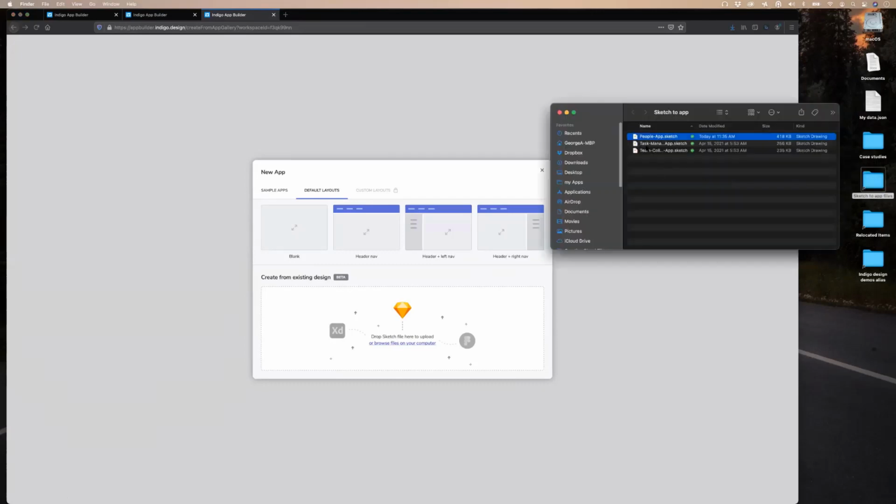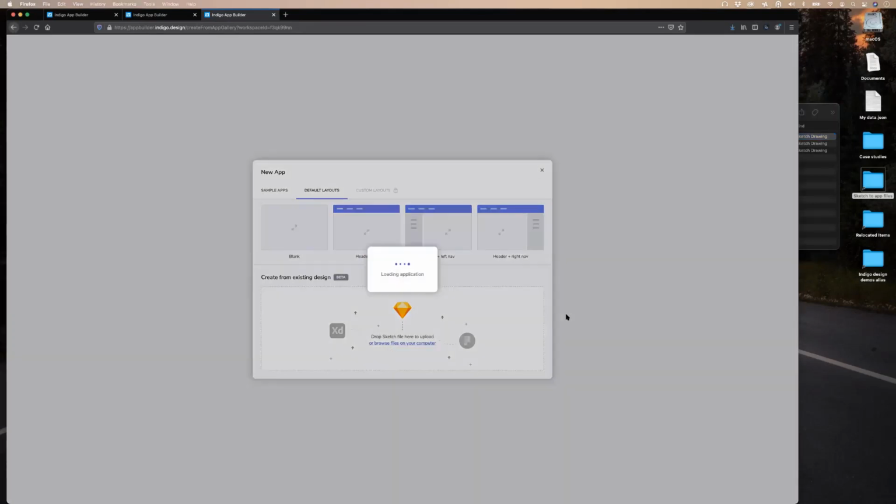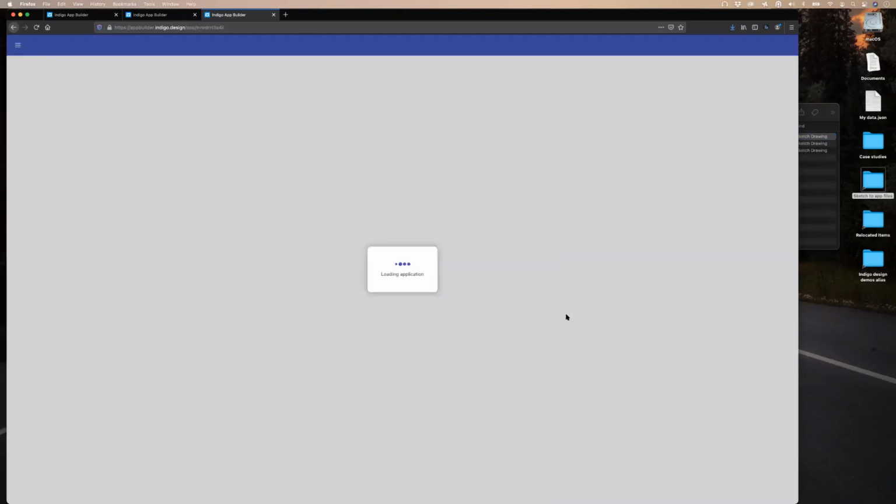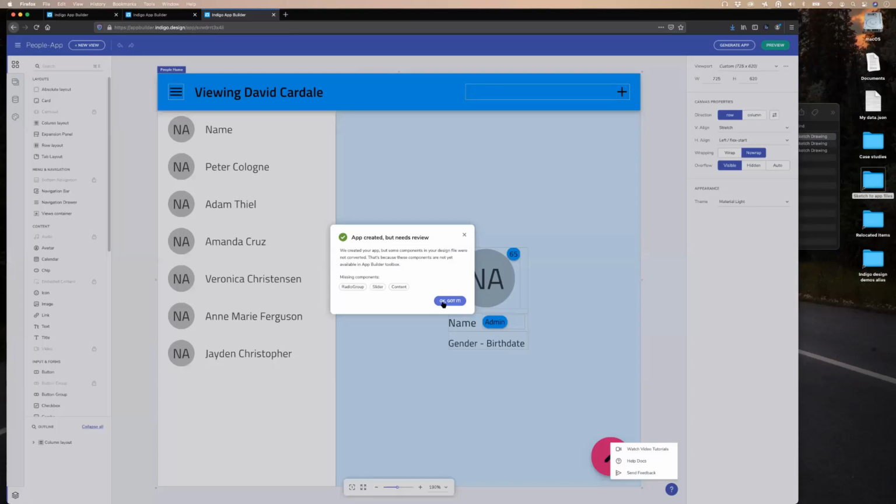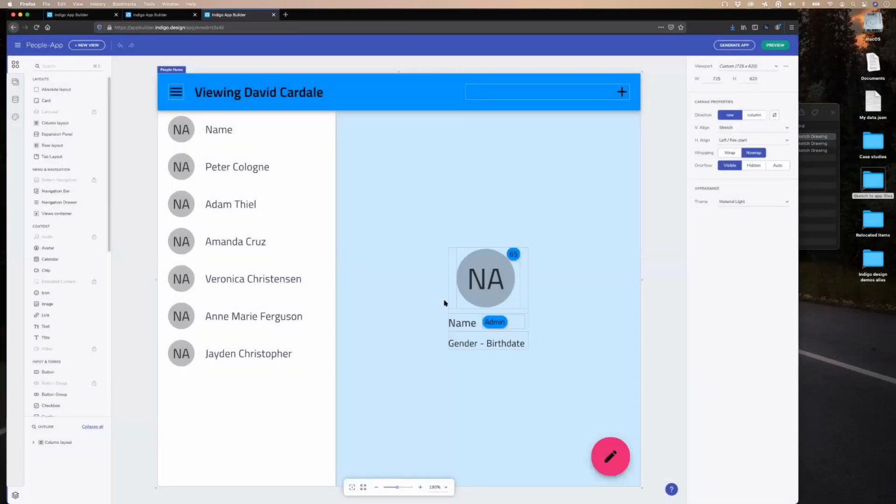I have this people.sketch. I'm just going to drop it in here. And this is where our sketch adapter, which is the same approach we will use for XD and Figma, comes in. This adapter has all the brains to convert what we found inside a sketch document into something which the web expects, because that's something which is not immediately apparent to some people, is that vector design tools like